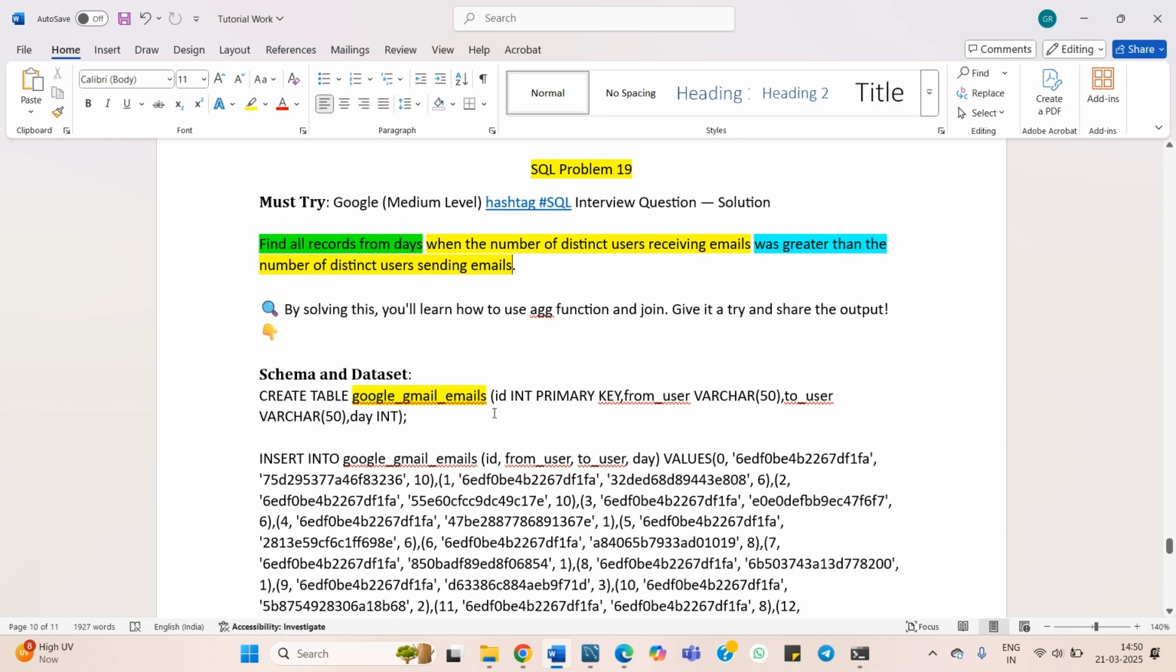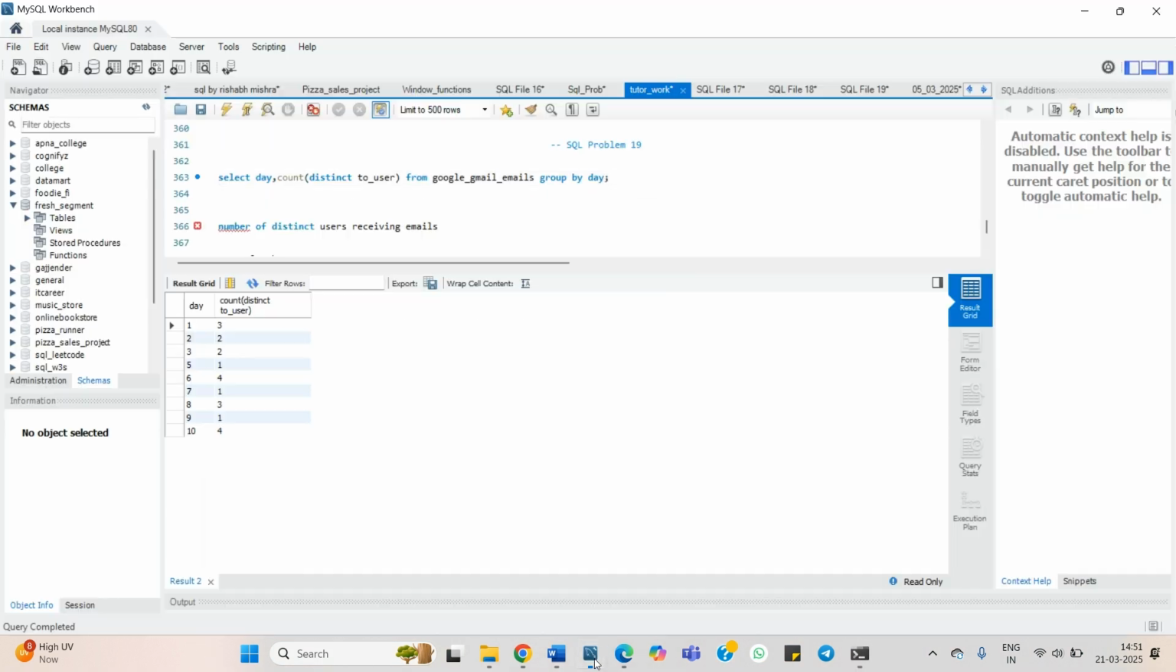So in the second statement, the result was greater than the number of distinct users sending emails. So you can see we will find out the number of users who are sending emails. We can alias this as distinct receiver. Now we will find the distinct number of distinct users